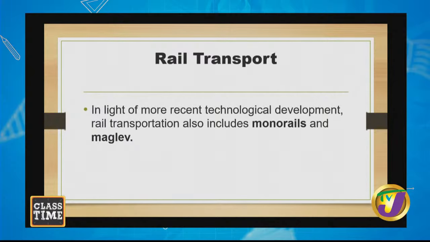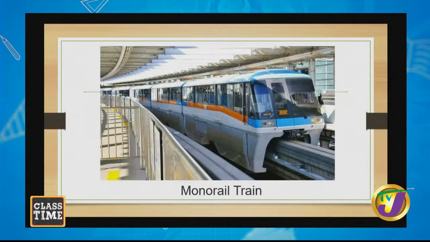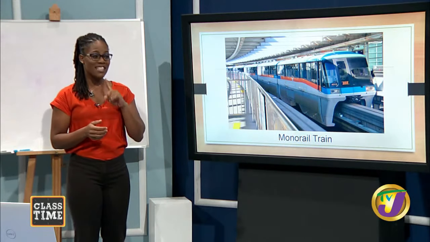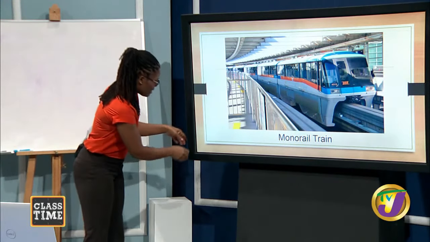All right, so let us examine monorail. Now, the prefix mono meaning what? So the prefix mono meaning one. So what is that telling you? Right? So basically, monorail is a system of rail transportation that consists of a single rail. All right, so as you can see here,